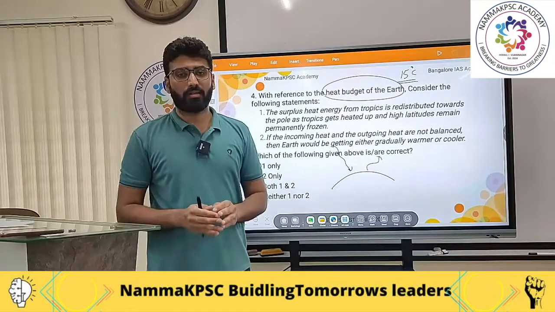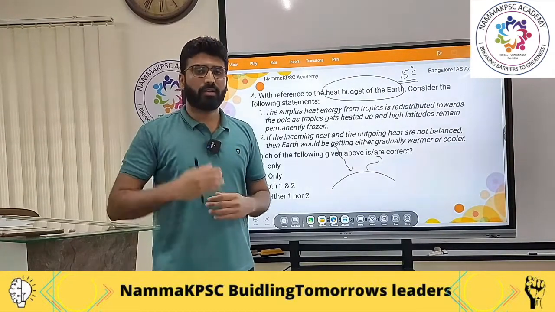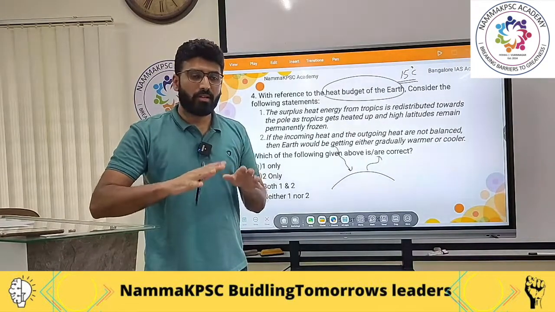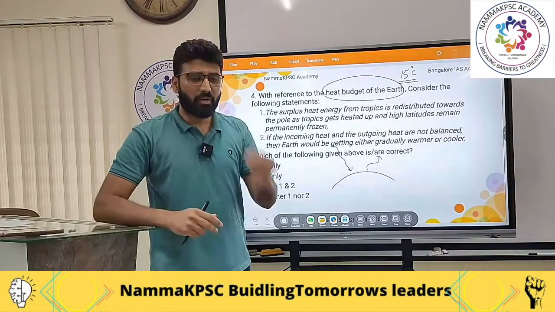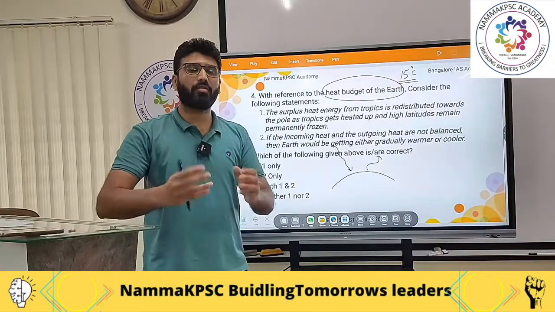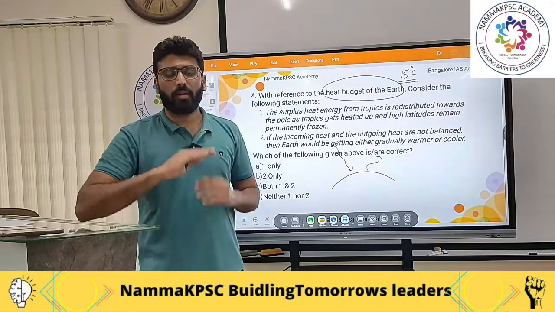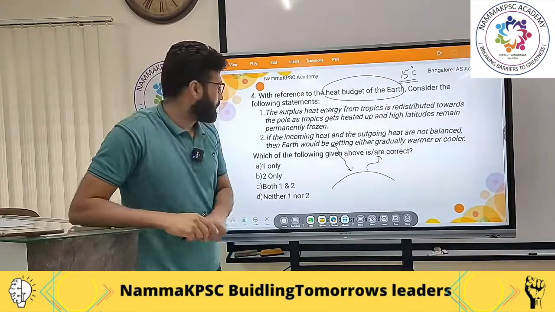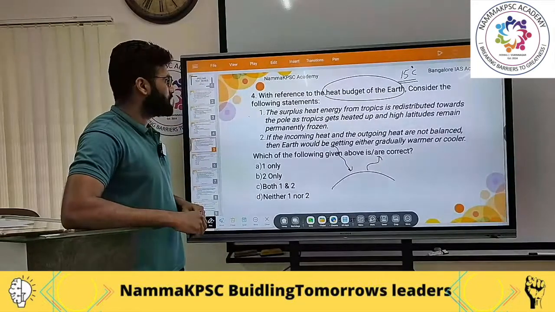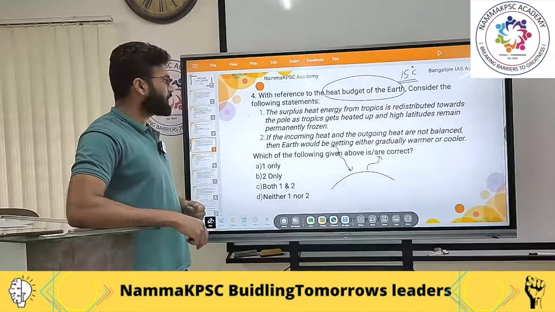And within the Earth itself, heat is transferred from the equatorial region towards the polar region, so that there is no region which is very, very cold or continuously remains frozen, and there is no region which is very, very hot and continues to remain very hot. Rather, an average is maintained. Okay. So the first statement, the surplus heat energy from tropics is redistributed towards the poles as tropics gets heated up and high latitudes remain permanently